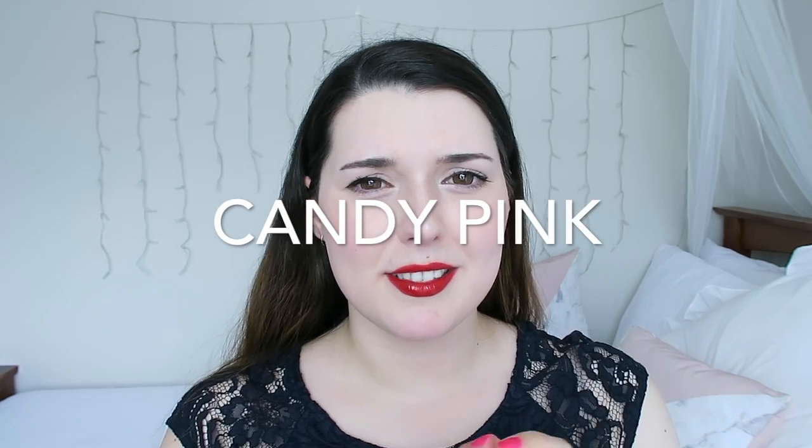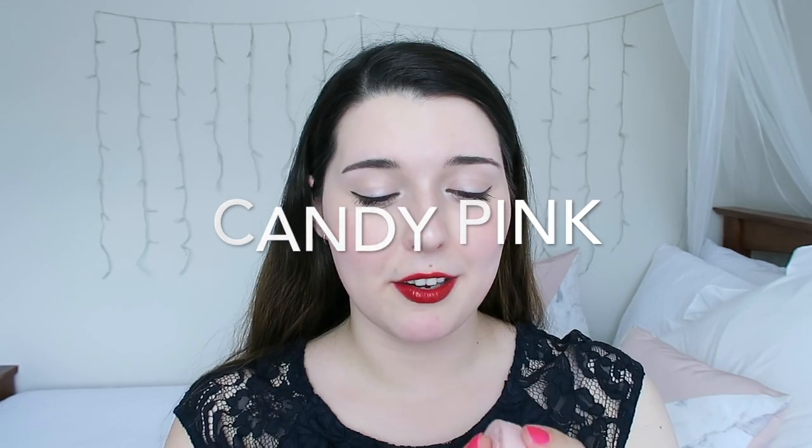My favourite blush of the year is actually a surprise to me, and it is one of the Candy Doll Duo Cheek colours. I can't actually remember what the colour name is for this one because they don't have the colour names printed on the back or anything, but it's the rosy pink one with the white highlight. I just find that the rosy pink is a really beautiful shade for my skin, plus it comes with a highlight and it is in a tiny little case that is super cute,